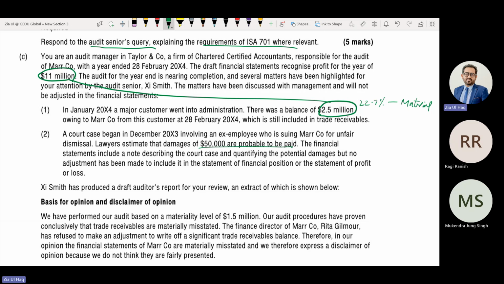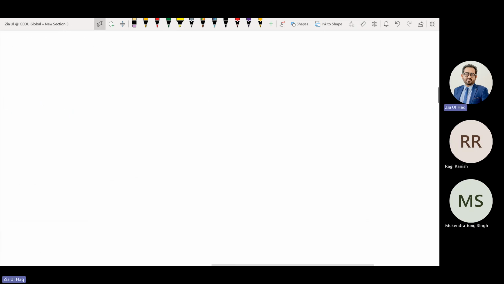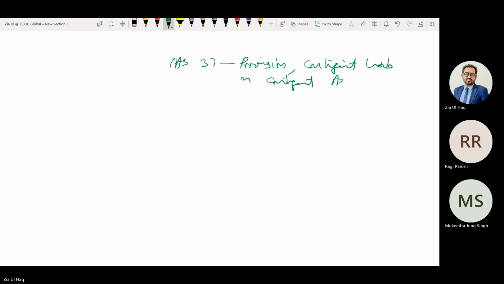So what were the conditions of IAS 37? What was the name of IAS 37? Provisions, contingent liabilities and contingent assets. If we try to revise that standard, IAS 37 says if any event or matter meets 3 conditions, there must be a provision.